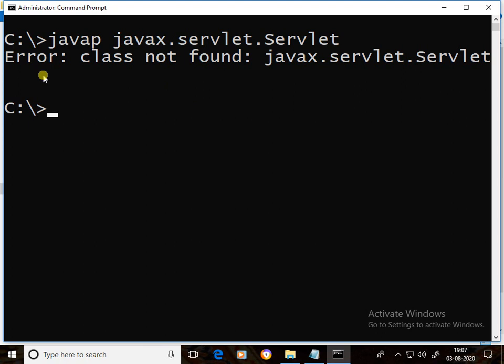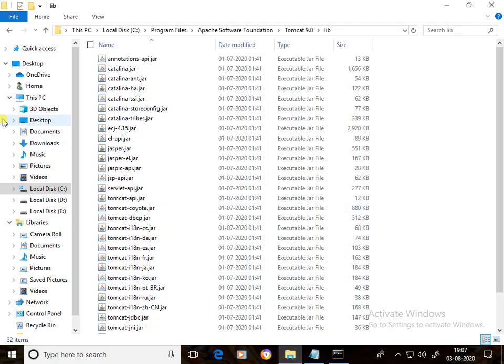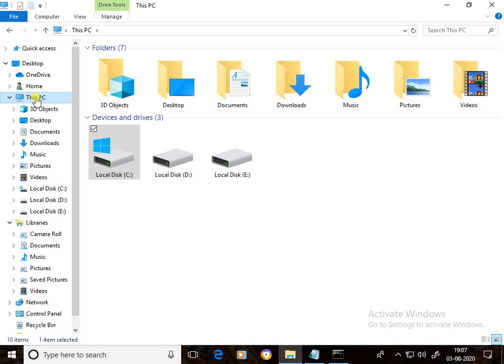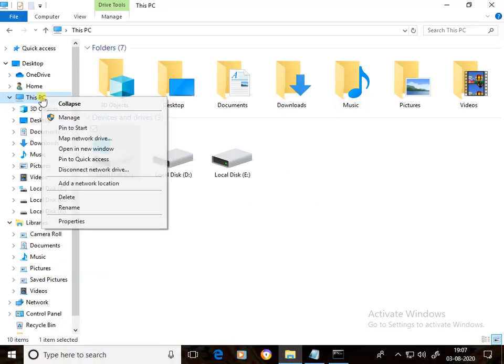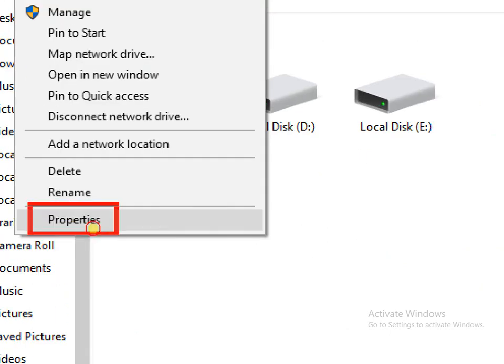Permanent class path. How to set the permanent class path, I'm also going to show. Just open the file explorer. Here, right click on This PC. Right click on This PC. Here, right click on properties.